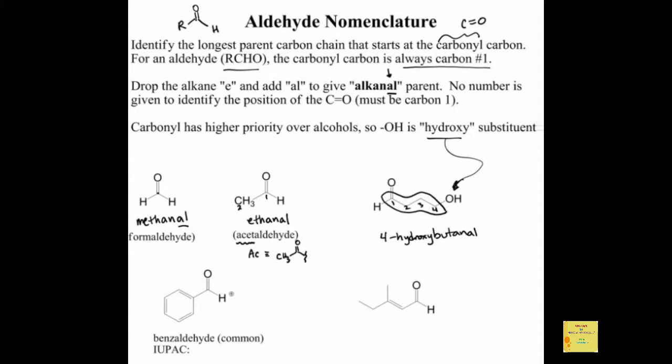This is benzaldehyde. The aldehyde that's derived from benzene is called benzaldehyde. What would its IUPAC name be? Let's see if we can come up with that. What's our longest carbon chain containing the carbonyl? There it is, just 1 carbon. So this is actually a methanal derivative. What does it have attached? It has a phenyl group. So you could call this phenyl